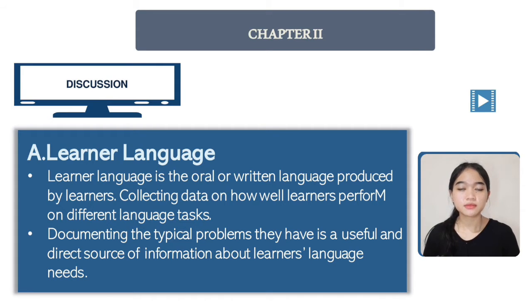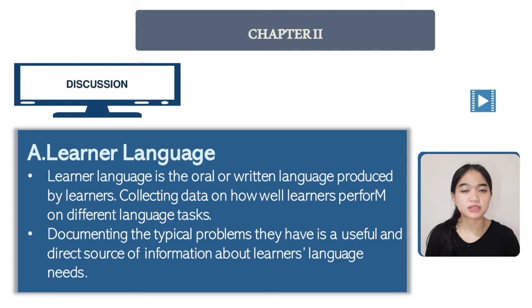Okay, chapter 2, part A, I will explain about what is learner language. So, learner language is the oral or written language produced by learners. It serves as the primary data for the study of second language acquisition. It is not the only type of data available to SLA researchers. We will also see that learner language is not a monolithic phenomenon, but rather highly variable, raising important issues to